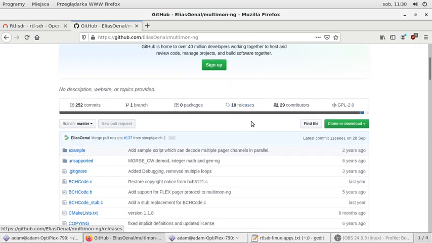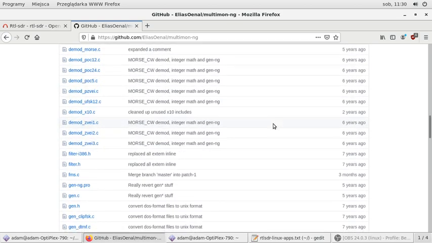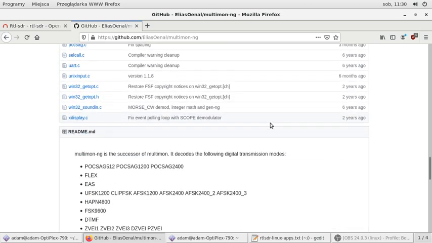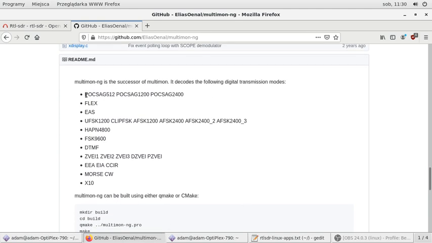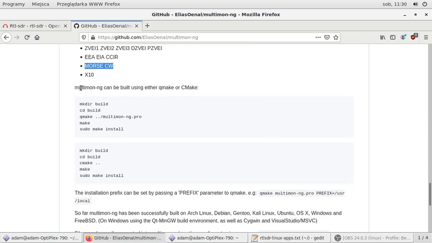It is capable of decoding plenty of packet radio protocols or stuff like this. For example, it can decode pager, it can decode AFSKs and other things. Even it can decode Morse. How is it being installed? So the procedure is the following. I have this tool already installed, so I have compiled it from the source files,